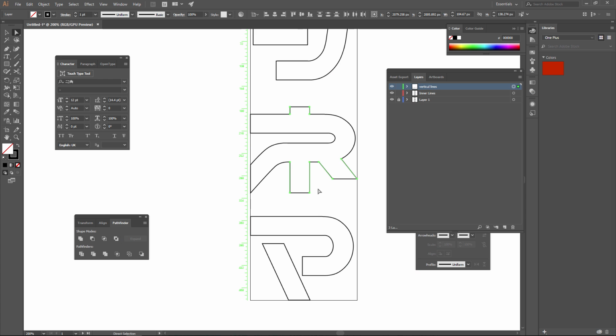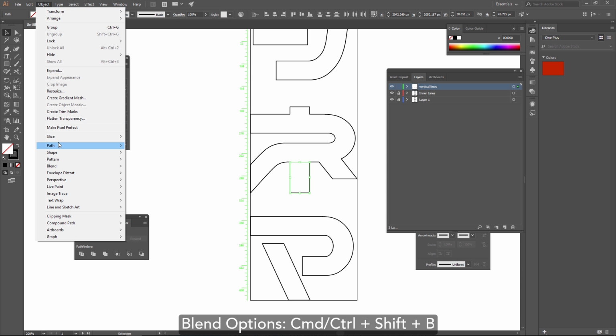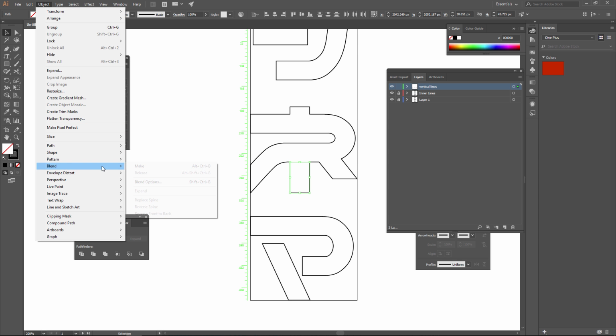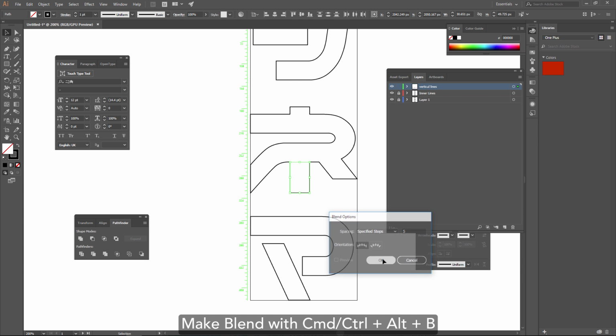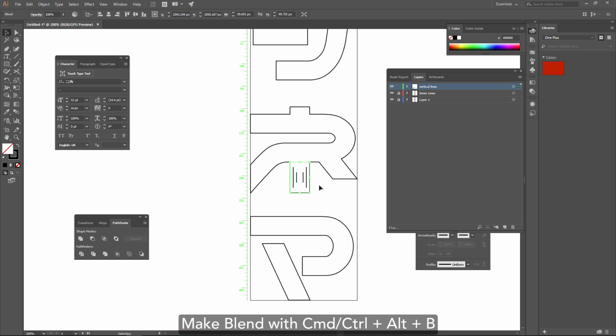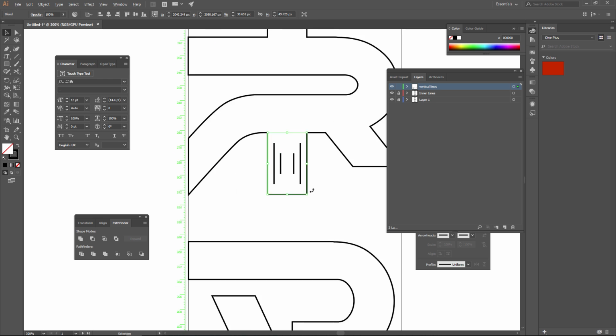So now I'm going to make blends between these lines. So what I want to do is lock my inner lines off, get these two vertical lines here, like this, and then come to Object, Blend, and come to my blend options, and this time I want to do 5 specified steps. So if I click OK, and then go Control-Alt-B to make the blend,